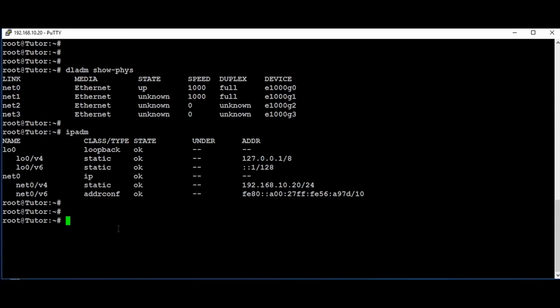Now we are going to create the aggregation group and assign the interfaces to it using the command dladm create-aggr -l net1 -l net2 aggr0, where aggr0 is the aggregation group name.